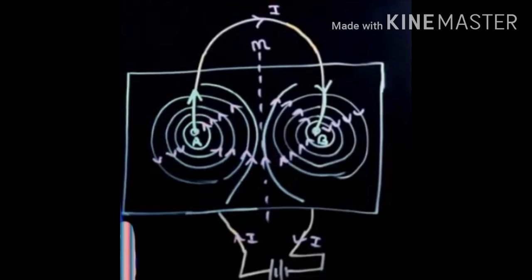Now here another thing we have to do. We all know that in the bar magnet we have to identify the polarity. We know the polarity, that is the south pole and the north pole of the magnetic field. Now for this you just draw the center of the cardboard. Suppose this is the center. This is the cardboard and this is its center, and I have given it the name M. Just look here, M is the center of the cardboard.